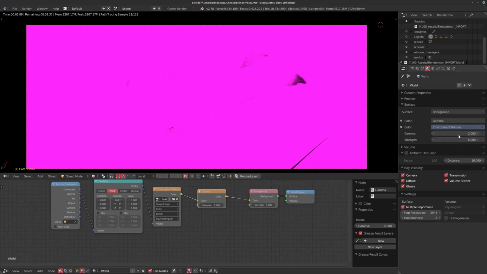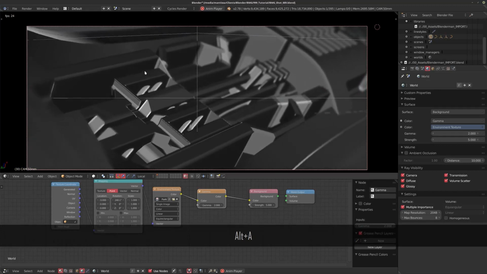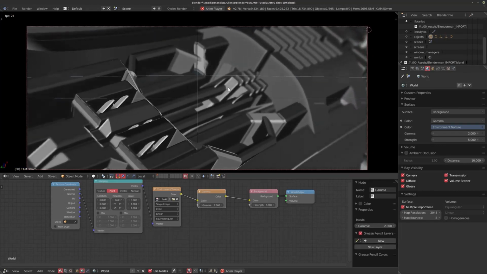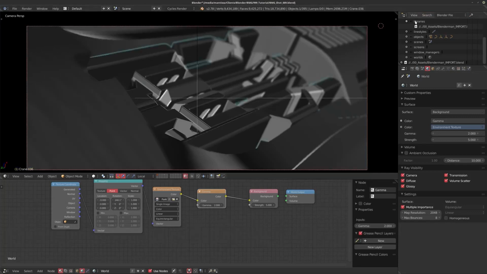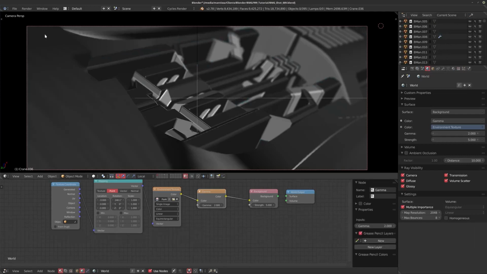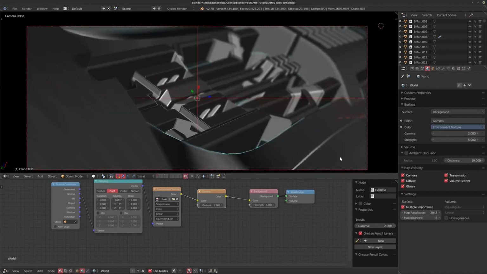I had an environment texture in here, so I'm going to reset that in just a second to show you what happens. But one of the other things that I tend to do is, let's say if we look at the shot, we can see that only this portion is really being used. So what I like doing is, first off, go back to our current scene, hitting the A key so nothing is selected, and then hitting the B key and dragging a box around our camera view.